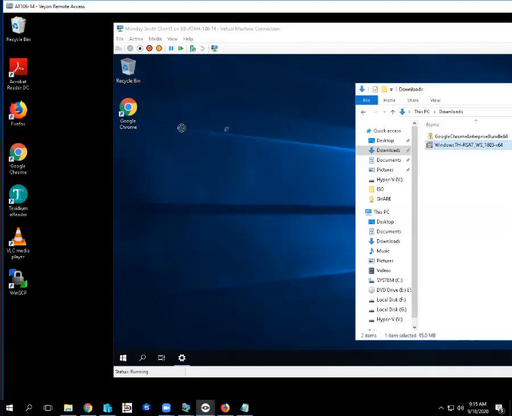I think you have to right click copy and then right click paste to drag and drop. And if you don't have a paste option,